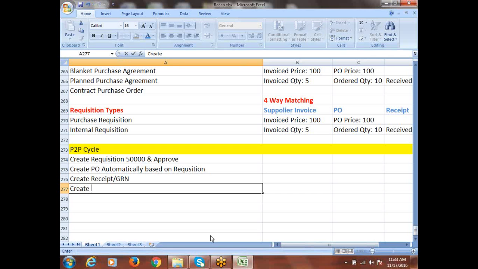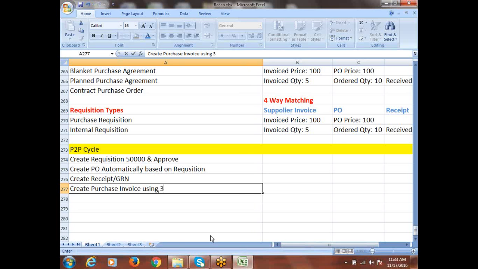Then we'll create invoice. You can call that invoice a payables invoice or purchasing invoice, or you can call it supplier invoice also. Any term you can use. All are correct. Create purchase invoice